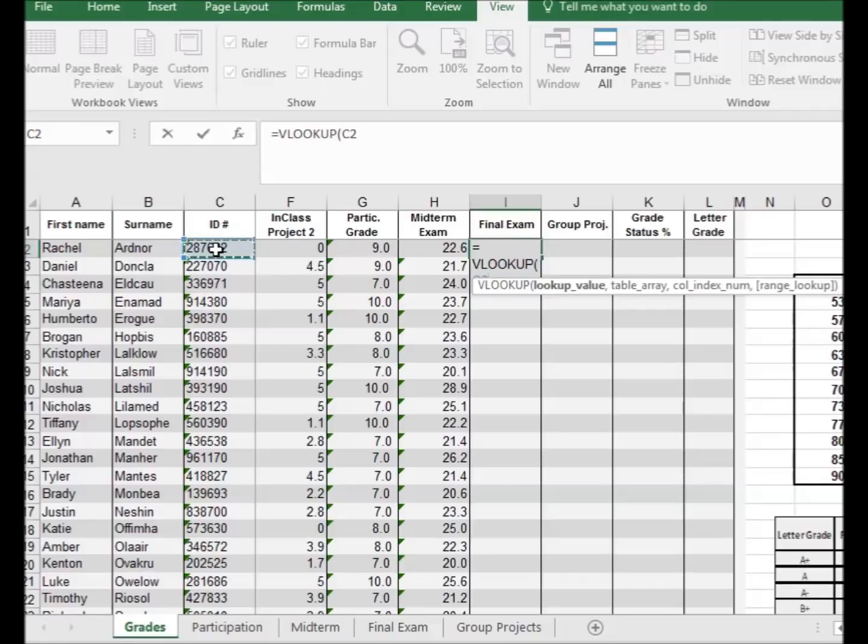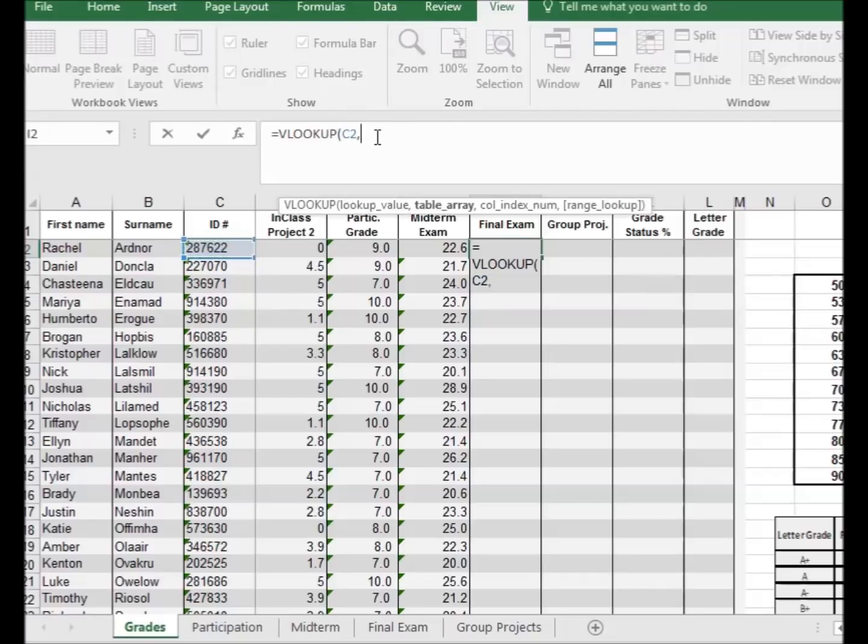So I'm going to click on that. Notice that it fills it in. Okay, C2 is filled in. Press a comma, and I can move to the next part, and that's the table array. What it means is, where is the information? Well, the information is in the final exam tab, and because I'm in the middle of the formula,